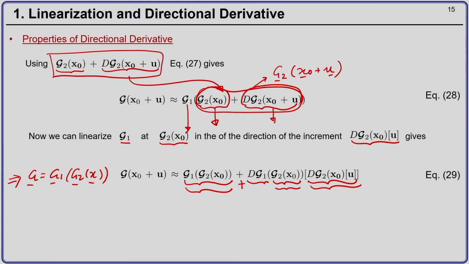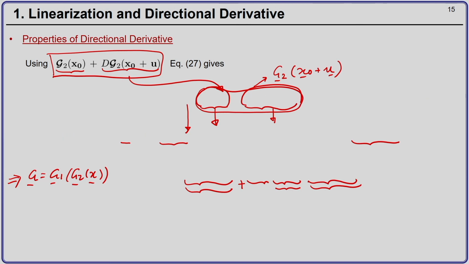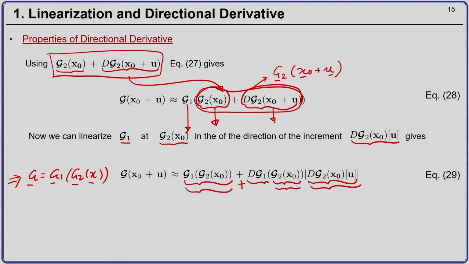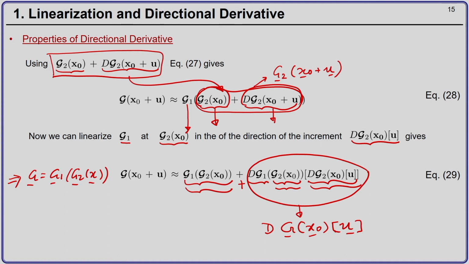Okay. So, that is what our statement, our last property, equation number 24, means. So, equation 24, this is your directional derivative, and therefore you can see this is nothing but your directional derivative of G evaluated at x 0 in the direction u. That is how that property, equation 24, actually came. So, you can understand what this quantity actually means.